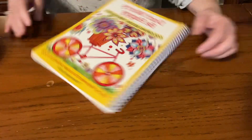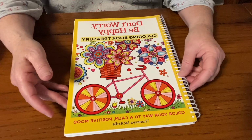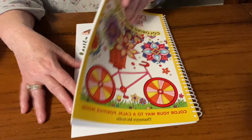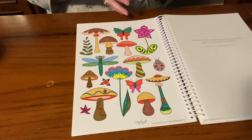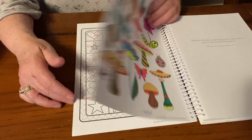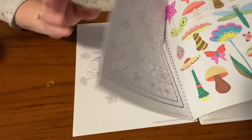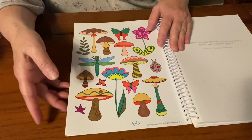We're almost done, folks. My cousin bought me this book when I had my surgery, which was like 5 years ago. Don't Worry, Be Happy coloring book. It's a great color book, but I haven't worked out of it for a long time. So I just did this page, which was fun. I'm glad that I pulled this book out. And this is what I did. I forgot, but I think it'll get covered up from the next coloring. I forgot to put the paper between it for a while. But it was fun,